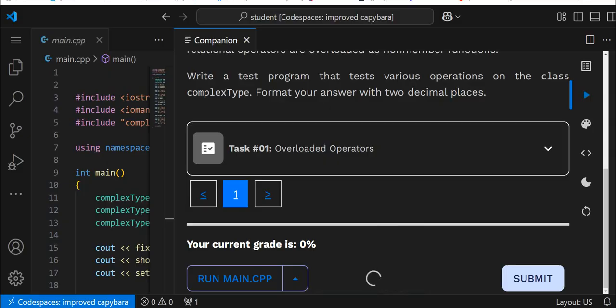Take a little time. And there we go. We have our green and 100%. That one is good. So what we'll do is we'll move on to the next